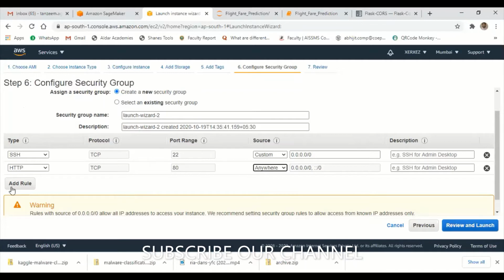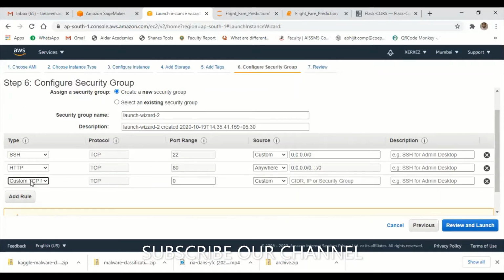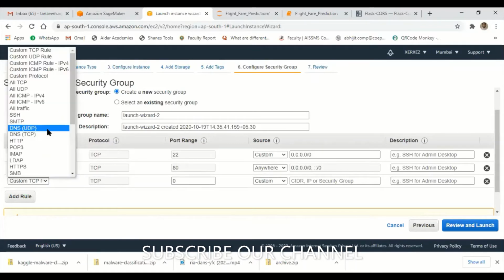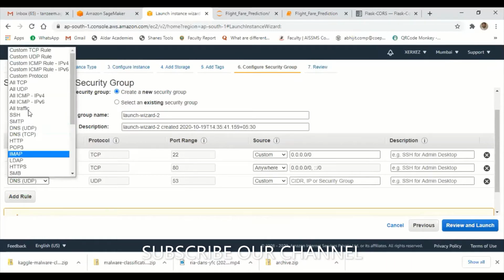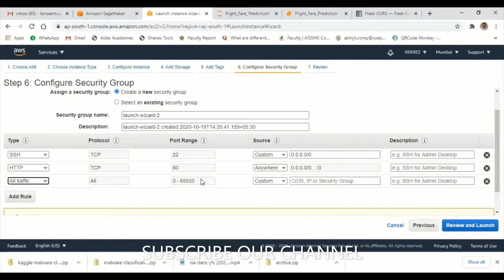Next, I'll have all traffic here. All traffic I have given.